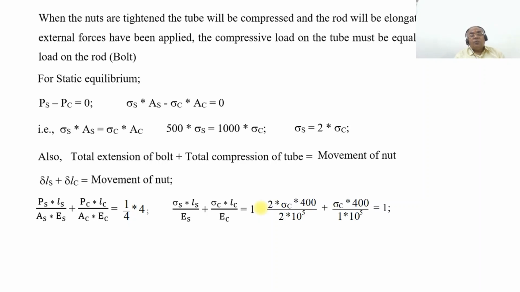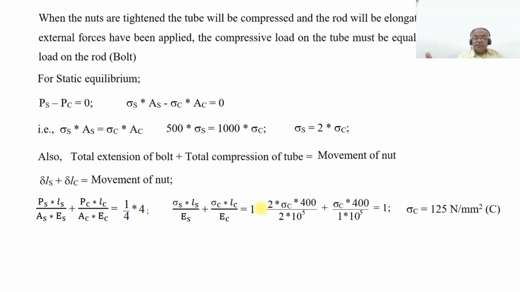So on substitution, we know that sigma S will be equal to 2 times sigma C. The length of the steel bar is 400 by 2 into 10 to the power of 5, plus sigma C into, again, the length of the copper, which will be 400 by 1 into 10 to the power of 5, will be equal to 1. So on simplification, sigma C will be equal to 12.125 Newton per mm square, which is